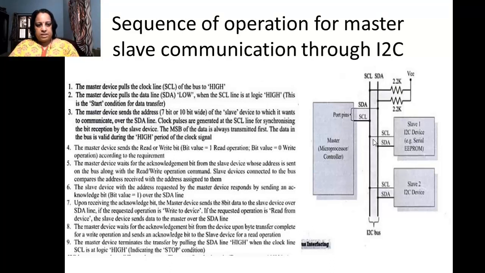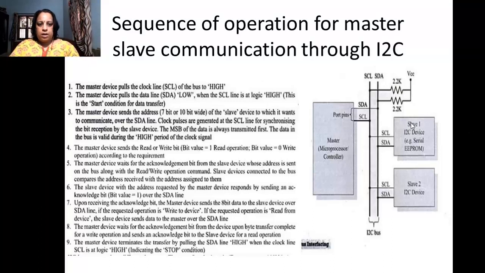The I2C bus has SCL, the serial clock line, and SDA, the serial data line, and those lines are connected to the port pins of the master as well as the slave devices. The 2 peripherals we have taken into consideration are an EEPROM memory and another device, which can be anything. So, we have considered 2 slaves.